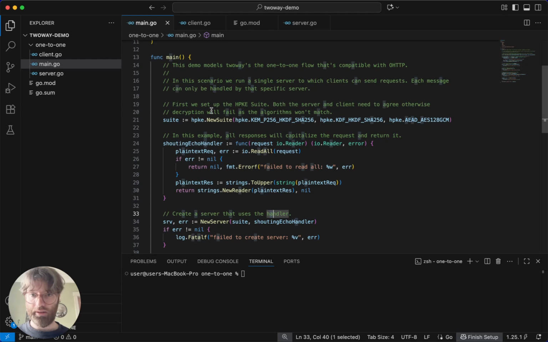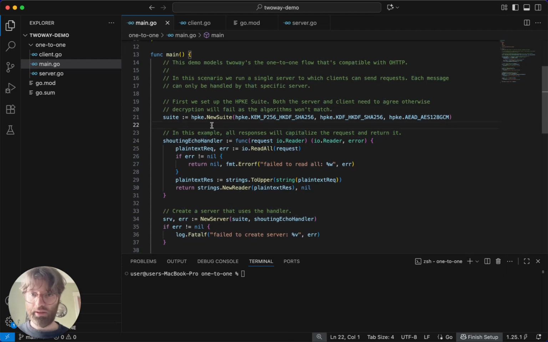But let's just start at the top and go from there. The first thing you'll see is that we're setting up this suit. This is an HPKE suit. It's essentially a selection of algorithms that HPKE should use. If you're unfamiliar with HPKE, it's a standard that combines symmetric and asymmetric key encryption to achieve a performant crypto